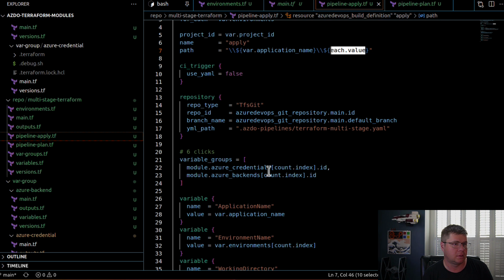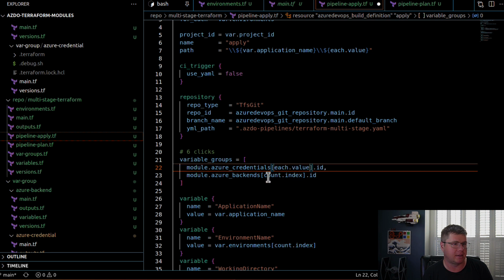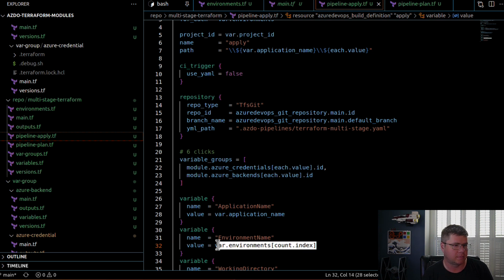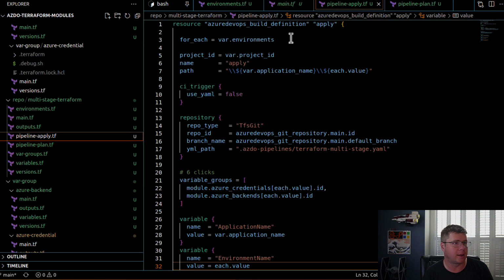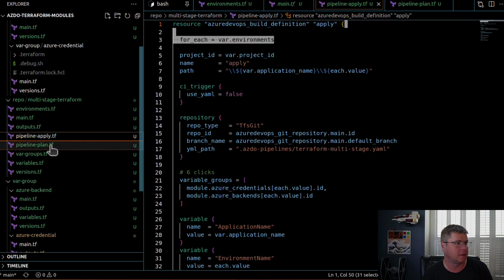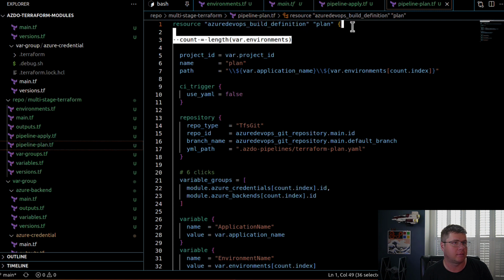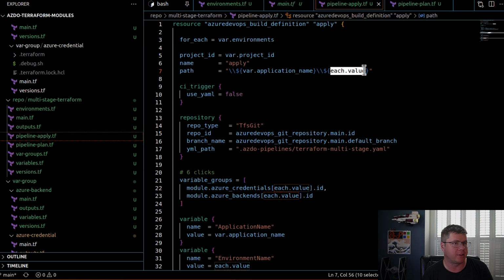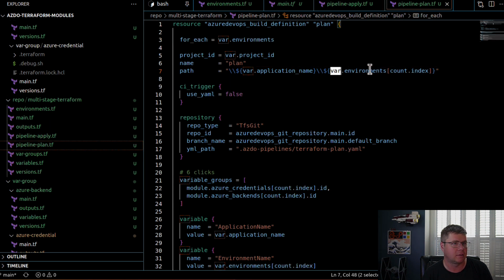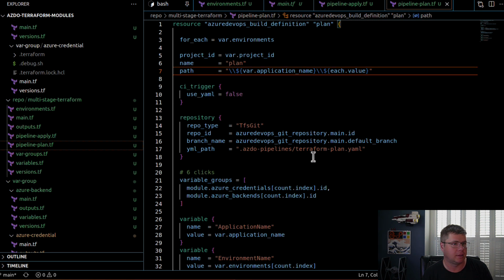Credentials. And I mean, if this is a map, then I think once I convert all these to for each, I should be good. Each.value. All right, so let's go grab for each environment. For each environment. And then we'll do each.value in all those places. And